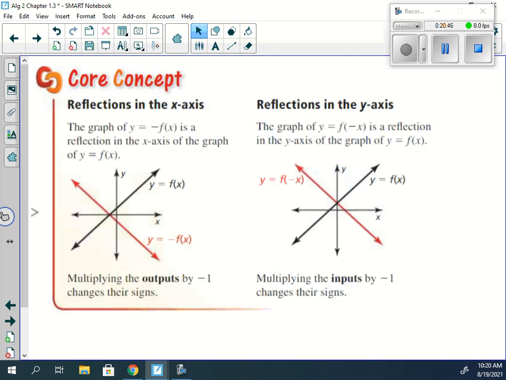Reflection in the x and reflection in the y. We're going to do both because reflection in the y actually doesn't do a whole lot. Reflection in the x, technically speaking, doesn't do a whole lot. We're not having to really think about it deeply of what we're actually talking about. We'll briefly talk about horizontal translation. We already talked about this. Horizontal stretch and shrink. And I will kind of show you how that works. We're not going to get too deep into it